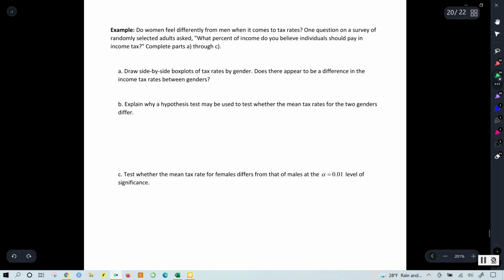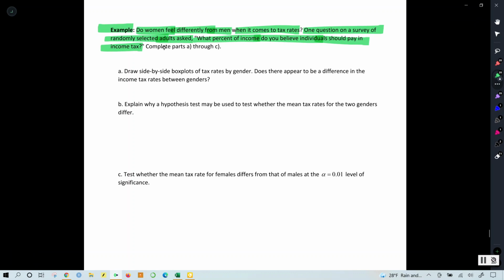In this video, our goal is to continue some examples on how to test hypotheses on the difference of two independent population means. To motivate that, we consider this example. Do women feel differently from men when it comes to tax rates? One question on a survey of randomly selected adults asked, what percentage of income do you believe individuals should pay in income tax? We're going to look at the data in a little bit in order to complete parts A